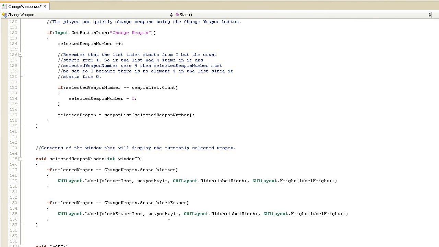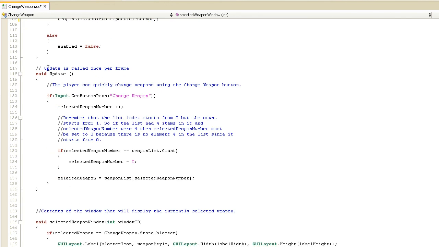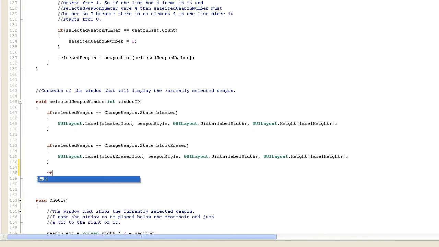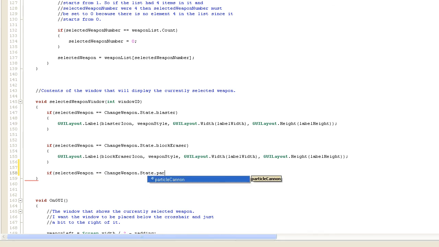Inside that void selected weapon window, we'll add a new option that'll appear as we're cycling through. So we didn't need to change the update function at all, which is neat because it's simply based on what's inside the list. Okay, so I'll just put here if selected weapon is change weapon.state.ParticleCannon,